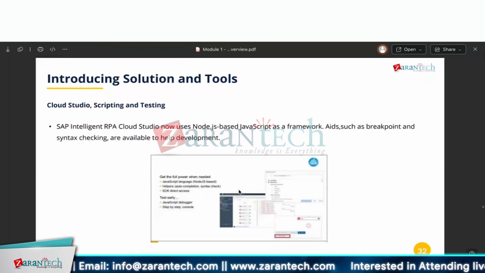Cloud Studio scripting and testing. SAP Intelligent RPA Cloud Studio now uses Node.js based JavaScript as a framework. Yeah, the complete application is built on Node.js based JavaScript as a framework. It has features such as breakpoint syntax. We are able to add a breakpoint if there is any error,